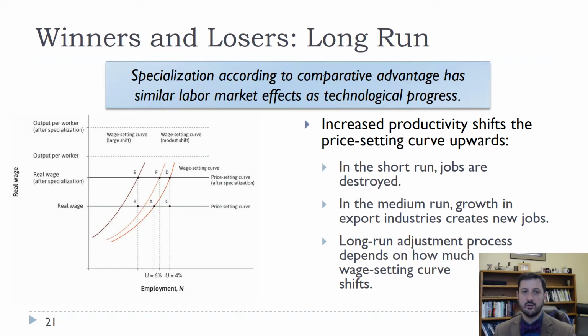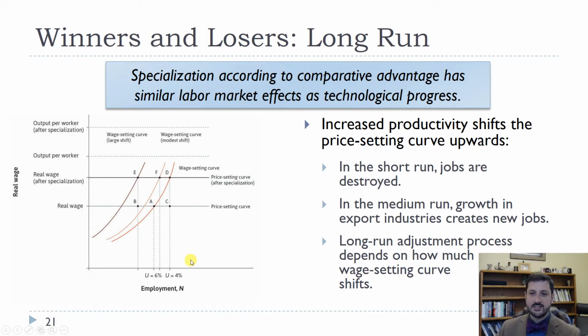Factories shutting down, moving to Mexico, moving to China. But of course, that's been happening throughout capitalism, right? So if you think about the textile industry, that grew up in New England, in places like Lowell and Lawrence and Fall River and New Bedford, they shut down. They moved to the south. They lasted for a while in the southern United States. Then they shut down, moved to other places in the United States. And then they shut down and moved to places like Mexico, places like Haiti, the Dominican Republic. Then they moved to places like Taiwan, Thailand, and now they're in places like Bangladesh, right? Always searching for lower cost labor.